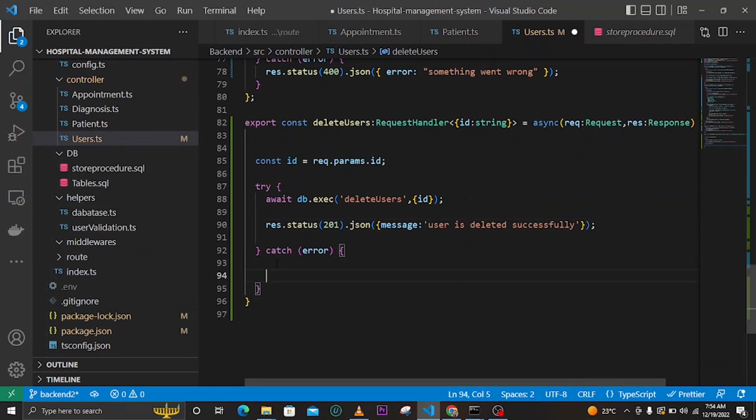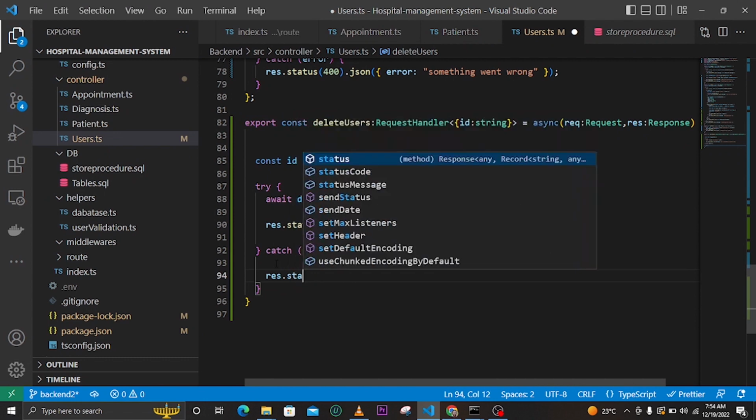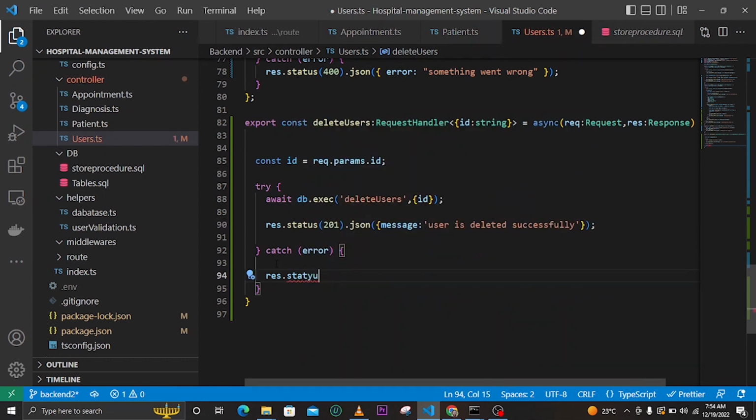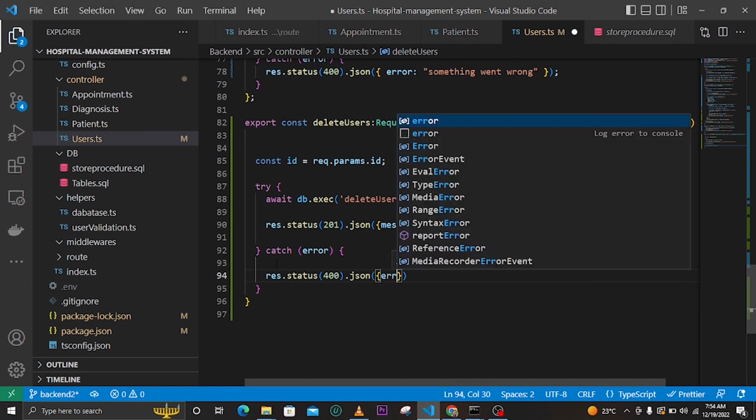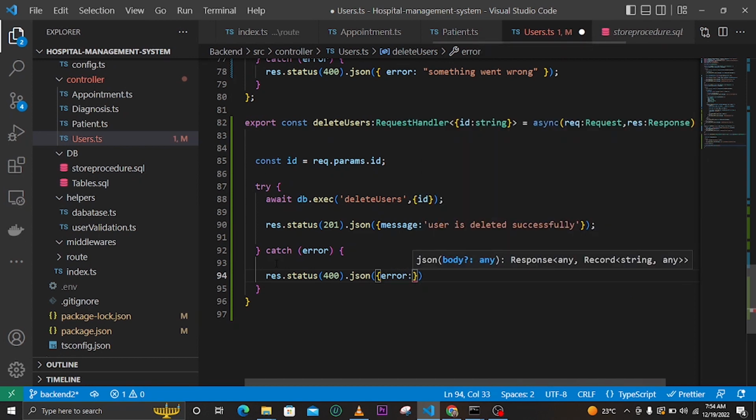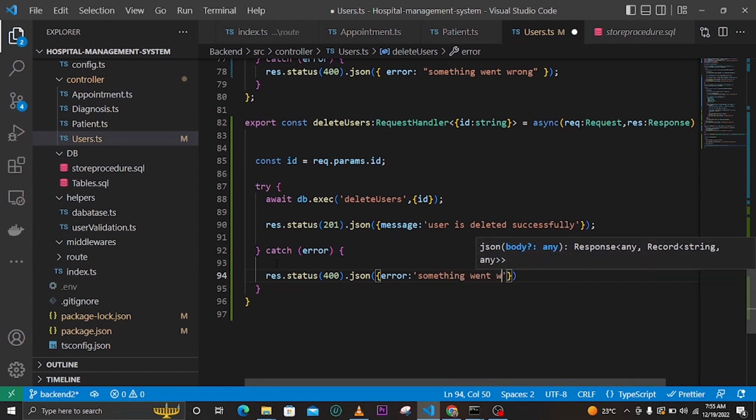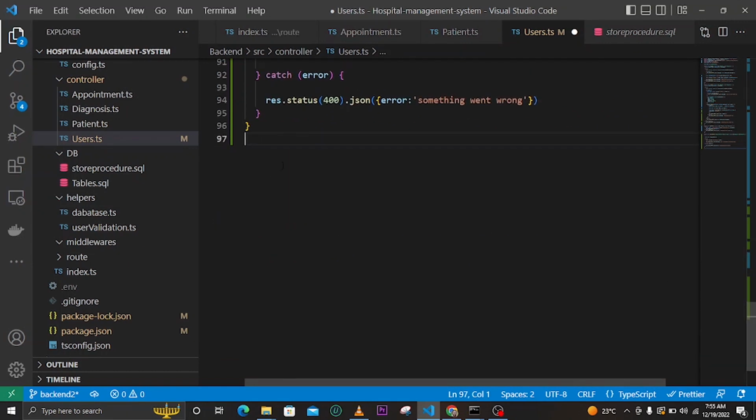If we have an error, we can say res.status, status we can say 400, and .json, and right now we can say an error here and say something went wrong. This of course is a string, something went wrong here. So that's all there. So now we need to have our last functionality, and this one here we say export,